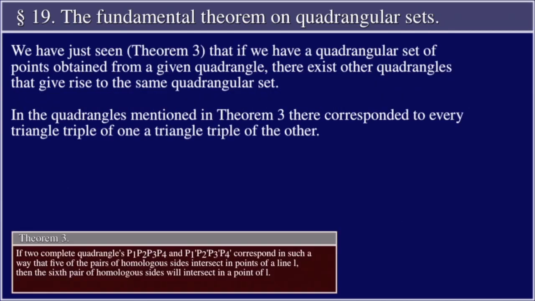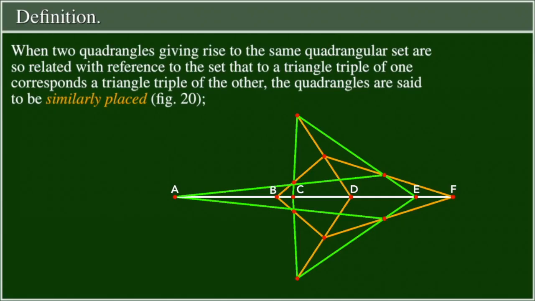We have just seen in Theorem 3 that if we have a quadrangular set of points obtained from a given quadrangle, there exist other quadrangles that give rise to the same quadrangular set. In the quadrangles mentioned in Theorem 3, there correspond to every triangle triple of one a triangle triple of the other. Definition: when two quadrangles giving rise to the same quadrangular set are so related with reference to the set